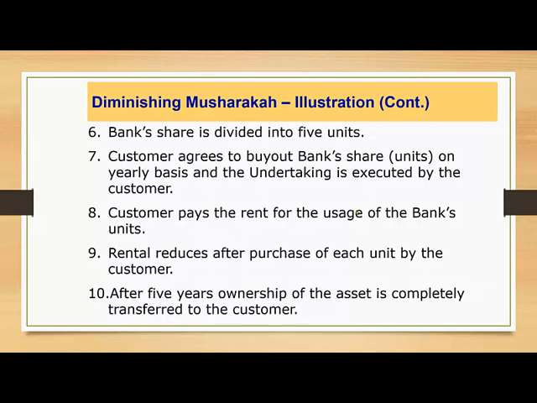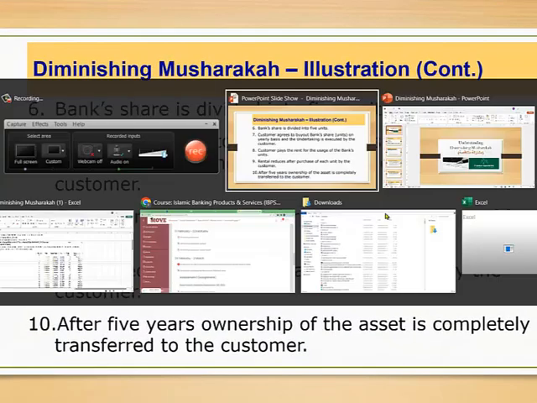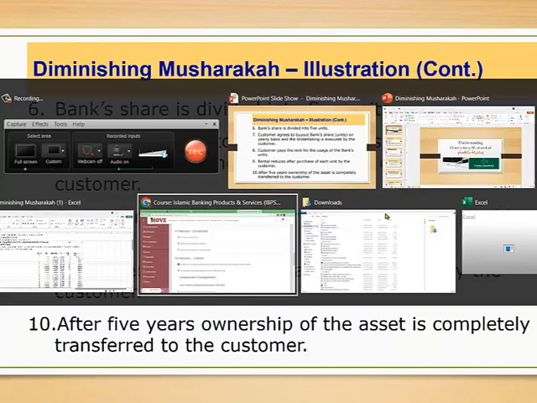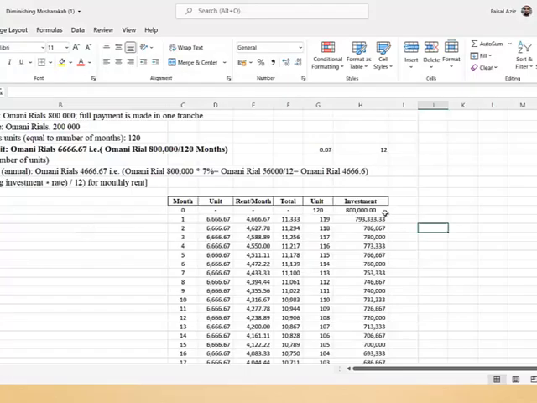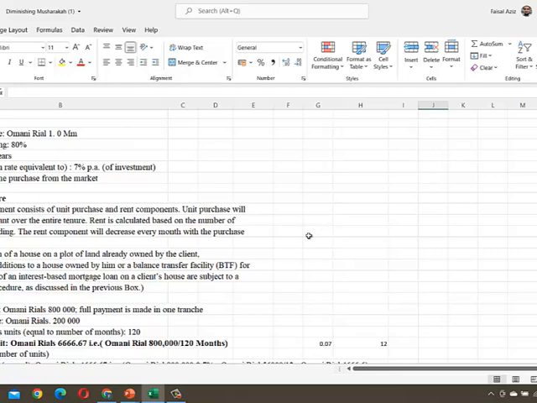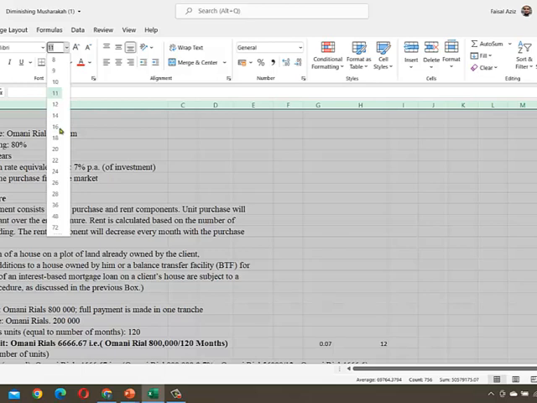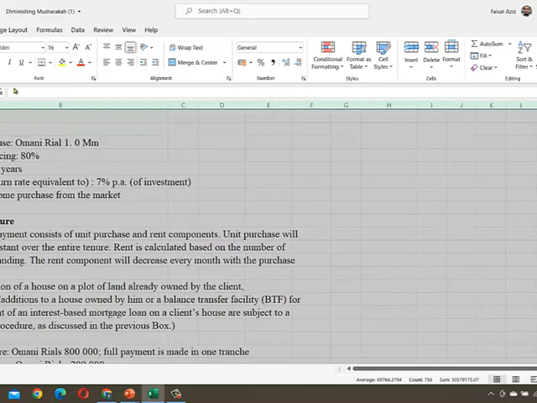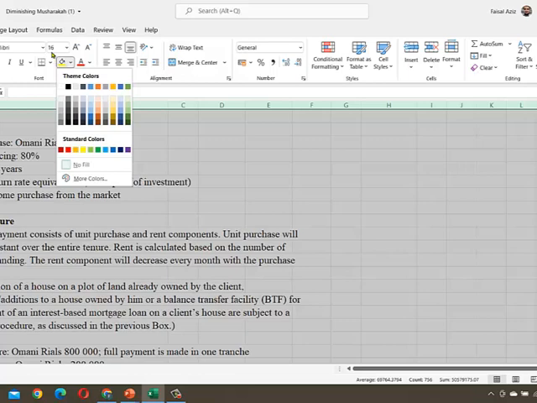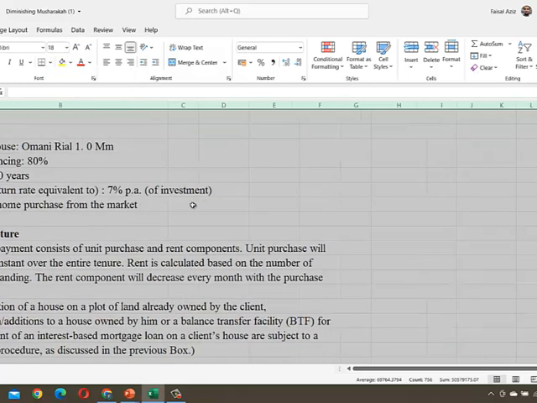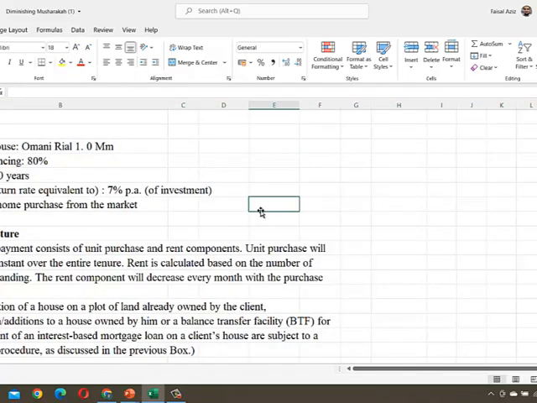Let us understand this scenario with the help of a diminishing Musharakah schedule in Microsoft Excel. I'll give you another example. So let's move on to the Excel example. Let me increase the font size. So here